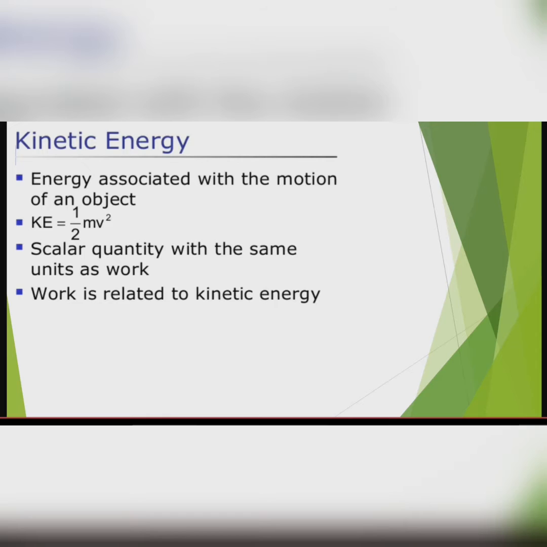If an object is moving with a certain velocity, then obviously we know that it can do some work. Say a car is moving, it goes and hits a pillar. The pillar would break. So in this process, the car has done some work. Where did it get that energy to do work? It had that energy because of its state of motion. The formula for kinetic energy is half mv square.